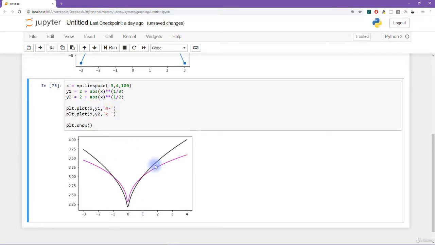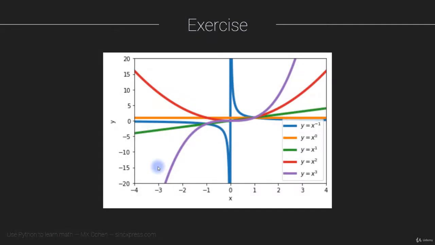So this is pretty interesting now. You can see parts of the function look really similar, and there's only one piece of the function that I'm changing, and you get to see how changing the fractional power of this function will change the resulting graph. And that right there is the most powerful way to use Python to help you get an intuitive feel for mathematics. And with that concept in mind, your goal for this exercise is to produce a plot that looks like